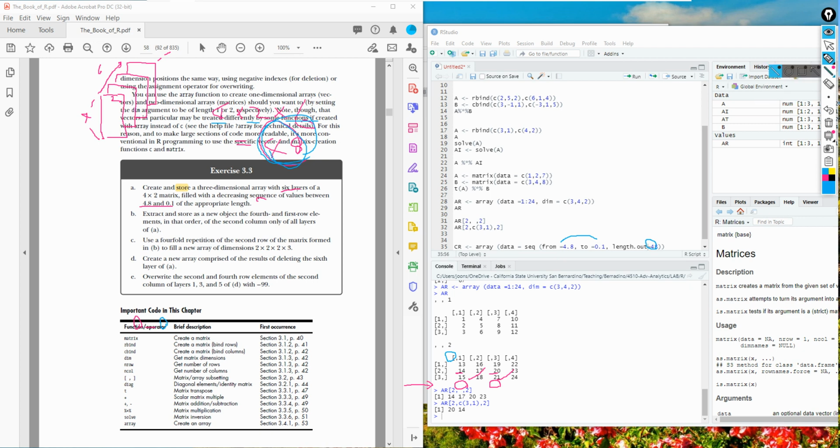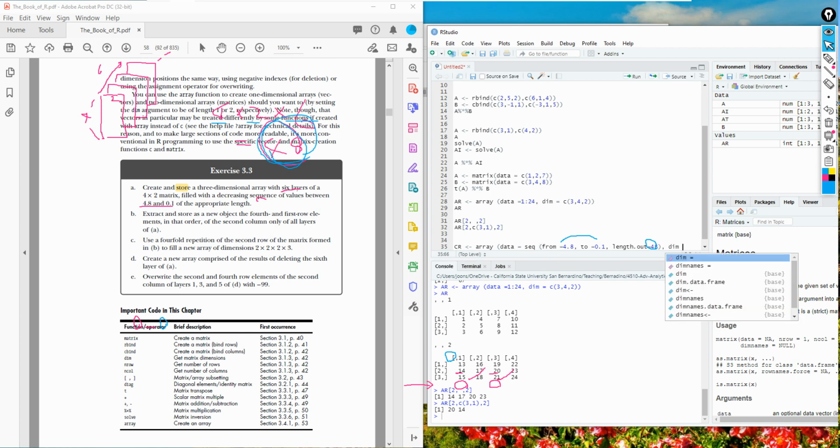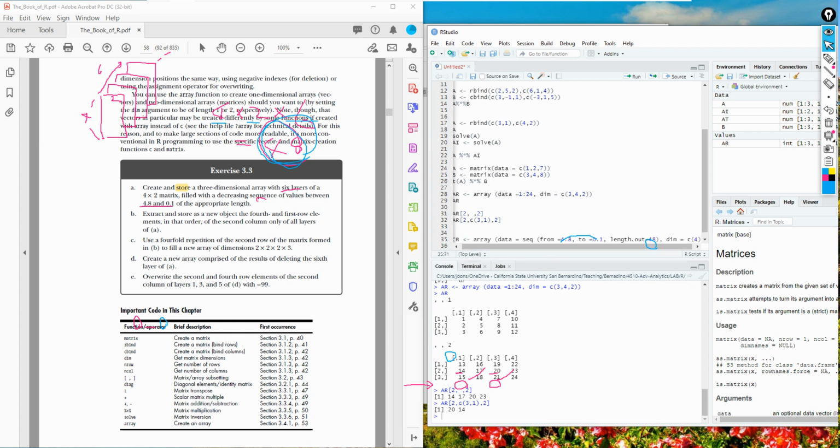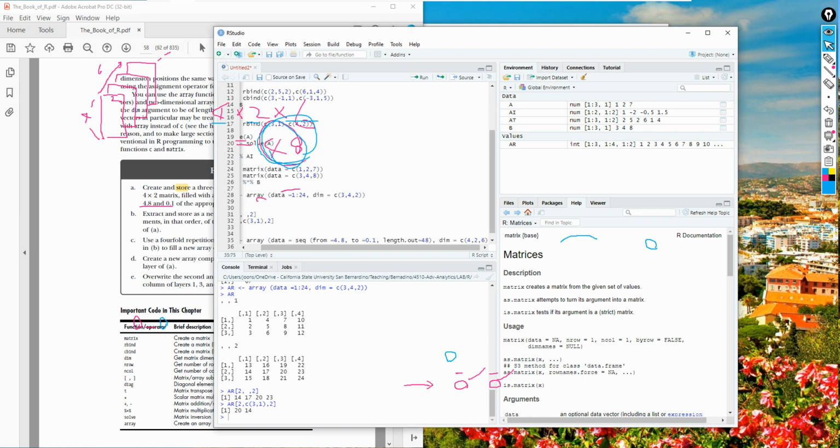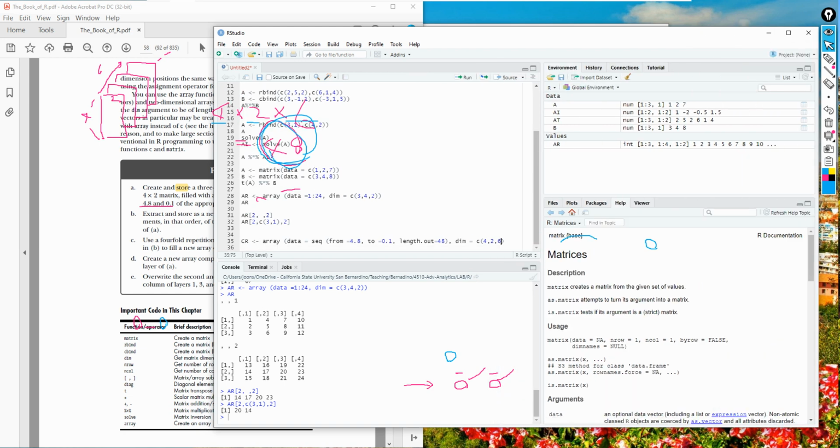Okay, now we're done with the data, and then we have to provide a dimension. Comma, and the dimension is vector C, 4 by 2 by 6. Okay, so the dimension is 4 by 2 by 6.